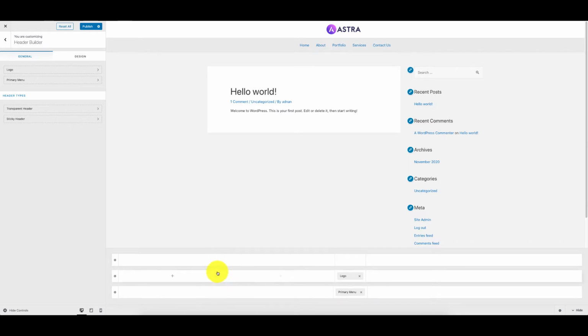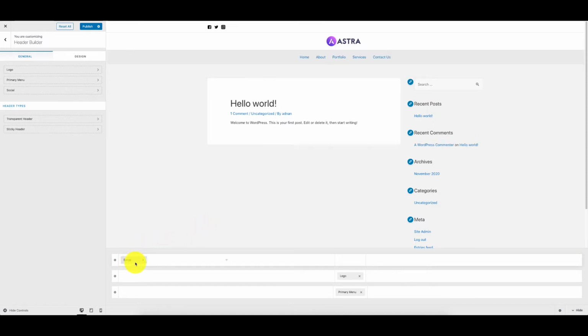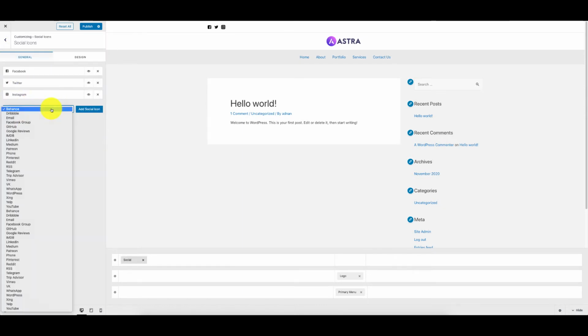Now what you can do more, let's say I'm clicking on this plus sign and I have those widgets here, which is the same as other header builders if you used in Elementor or Beaver Builder. So let's say I'm clicking this social icons, and when I click on it, you can see these are added. We can change those icons from the left hand side. I click on the social one, and here you can add any other. Let's say I added YouTube here.